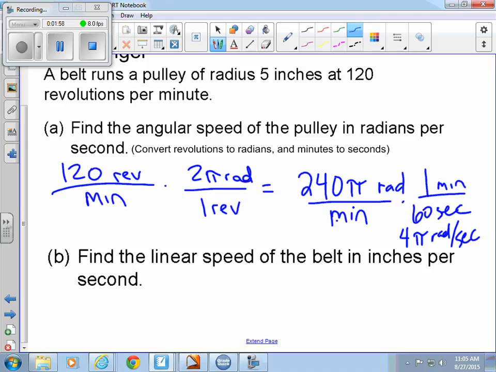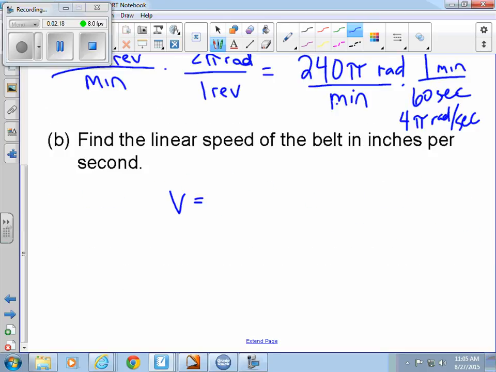Find the linear speed in inches per second. If you have angular speed, what's the easiest way to find linear speed? This is the one formula you memorize, the others you could probably figure out. That's velocity. Radius times the angular speed gives you the linear speed, right? So, this formula here. If you know the angular speed, the linear speed is